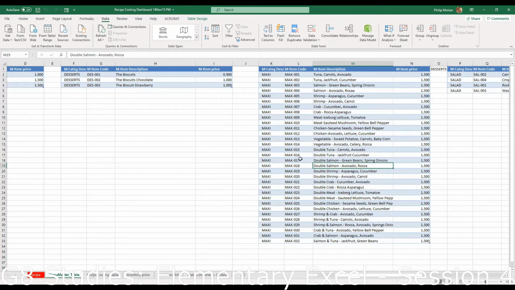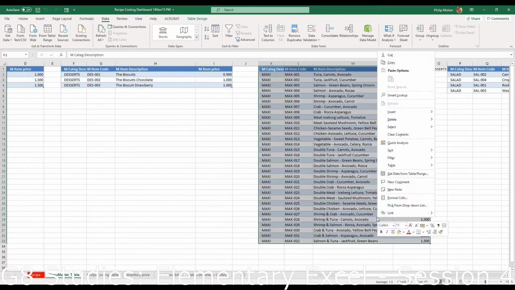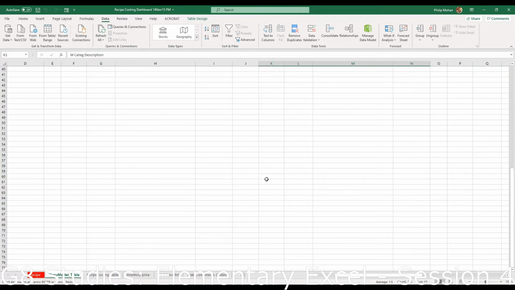Now, what is a table? Let me just. Can I ask a doubt? Yes, of course, Anju. How did you give the name for the table? Yeah, we'll come to that. Let me just, I'm just copying this information here.